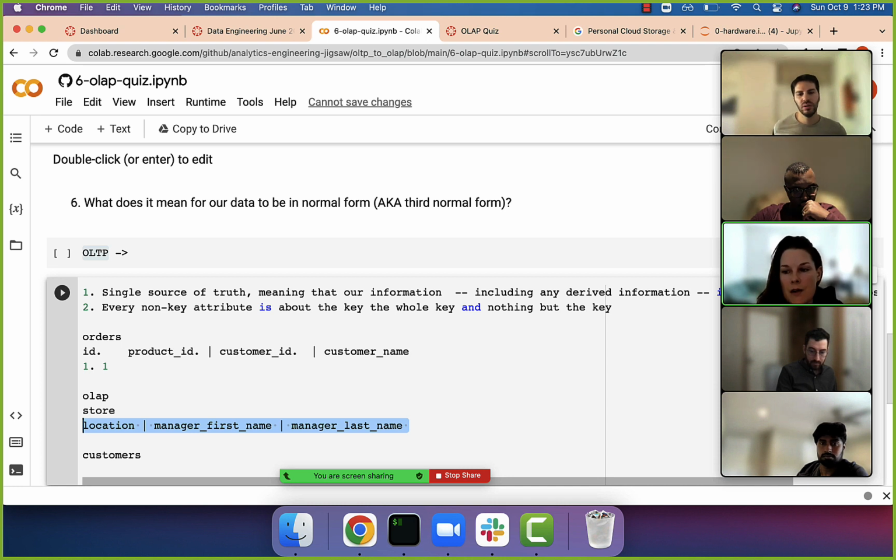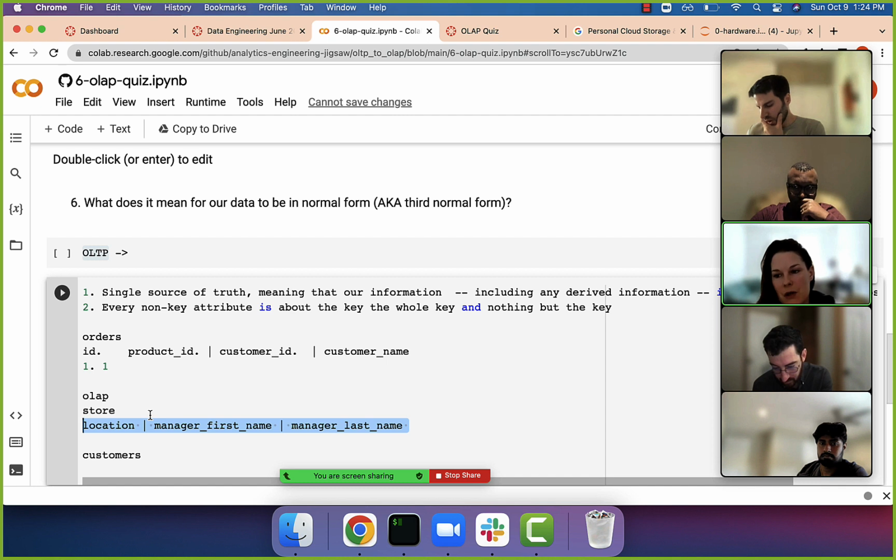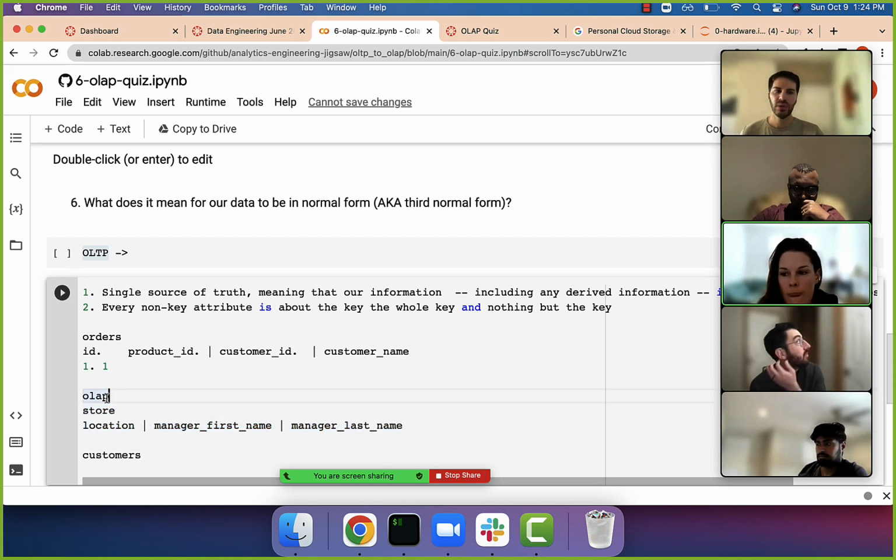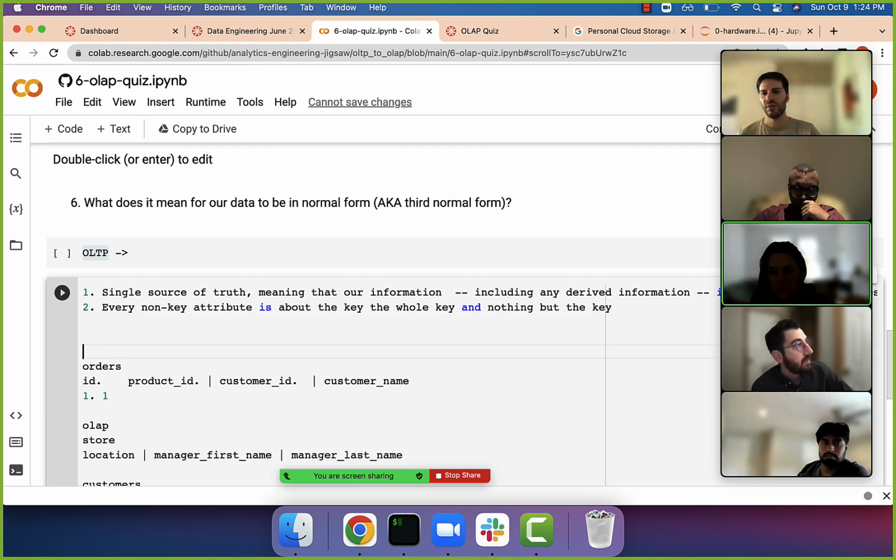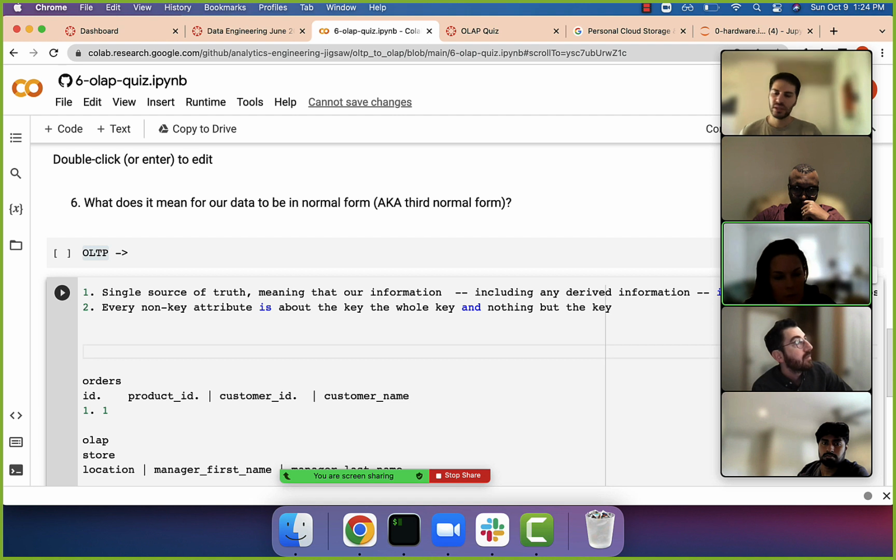So it's not referring to non-repetition in general, or a single source of truth within the table. It's just referring to how we structure the table. You know what I mean? This is about the tables, right? How we structure the tables. Okay. Right? One thing I'm starting to distinguish is, okay,